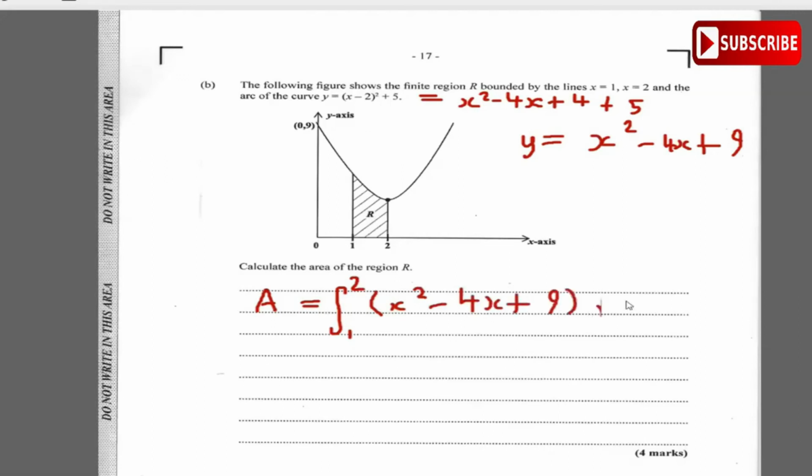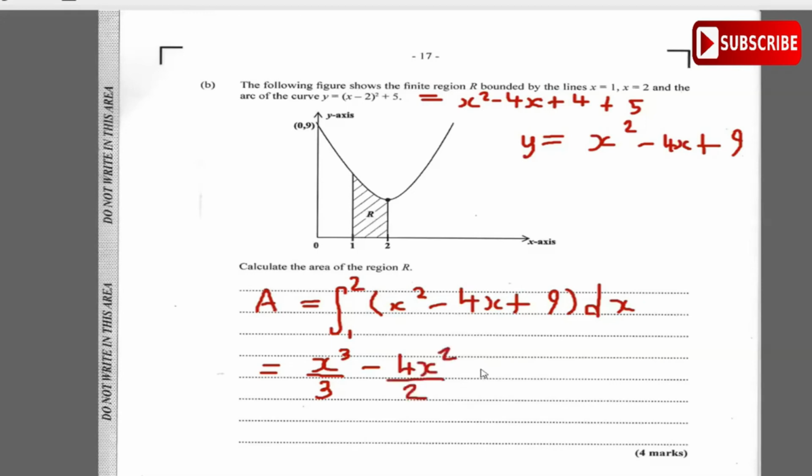We're finding this area. So when we integrate this, we add 1 to the power, get x cubed, divide by the power 3, minus 4x, add 1 to the power to get 4x squared, divide by the power of 2,